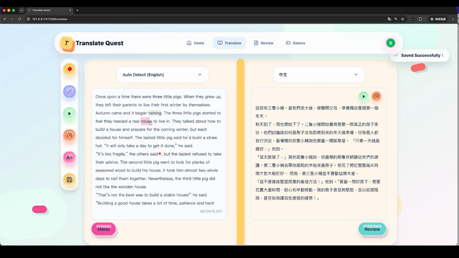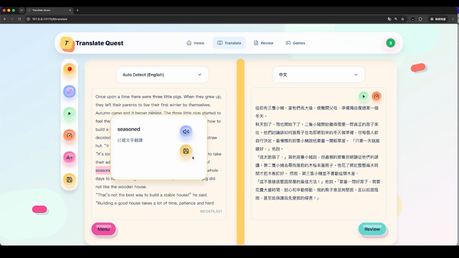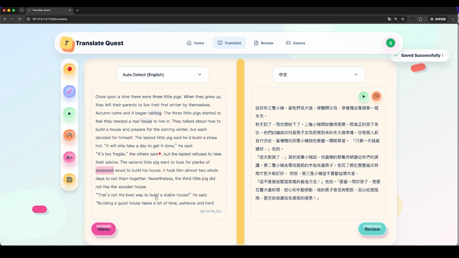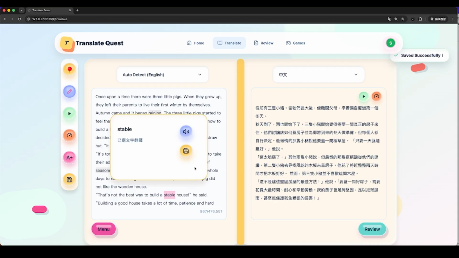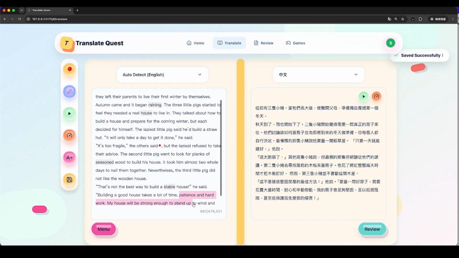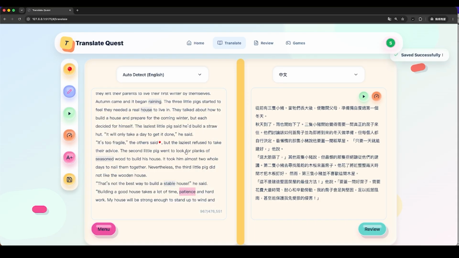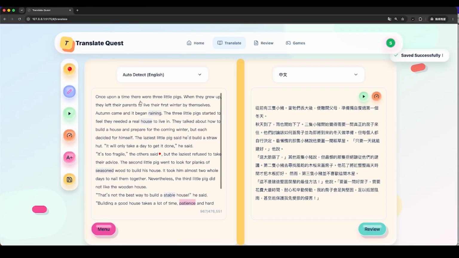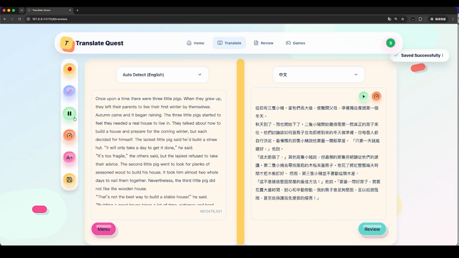What's really cool is that the article tracks and remembers the exact positions of all your saved words. Next time you review a word, you can instantly see how it was used in the context of the original sentence. This is honestly the most effective way to learn vocabulary. Pressing this play button triggers the text-to-speech voiceover, allowing users to learn using both audio and visuals simultaneously.